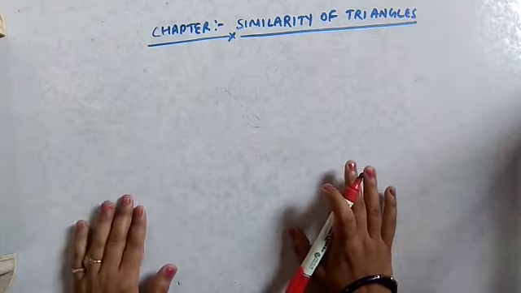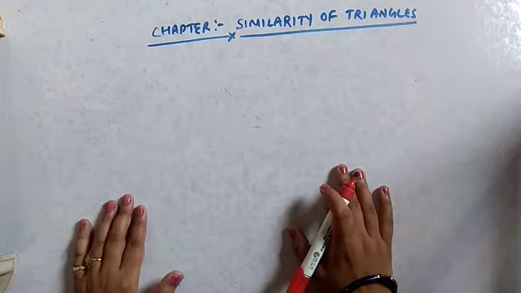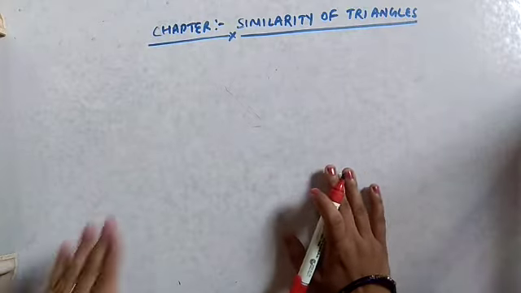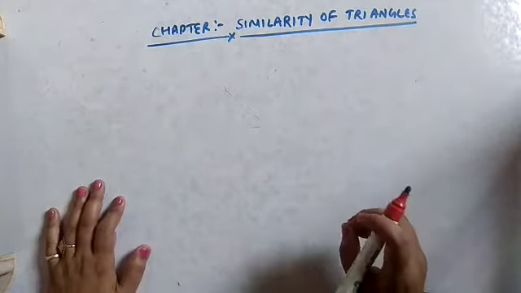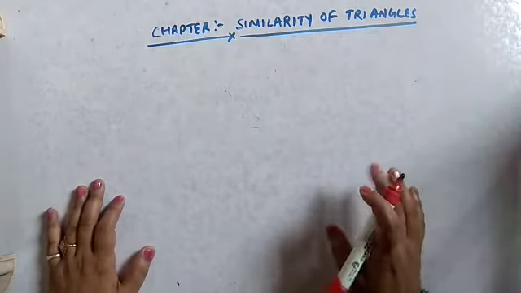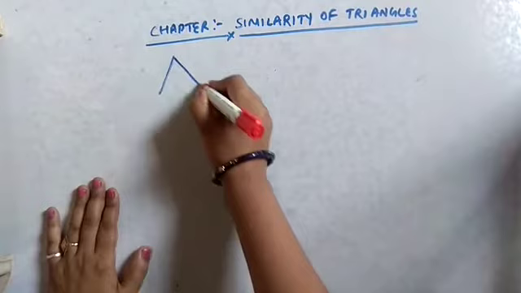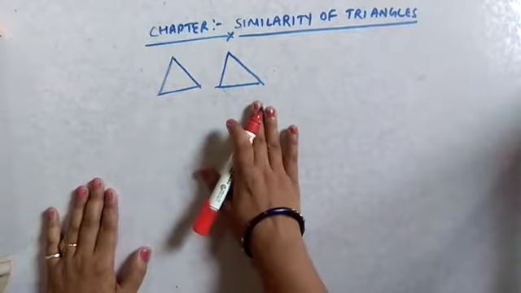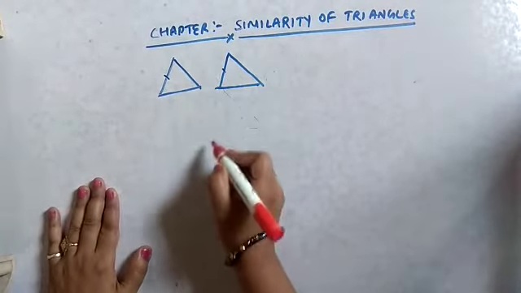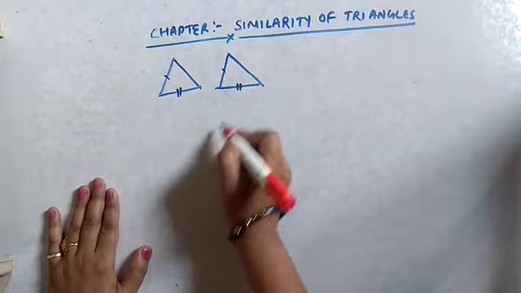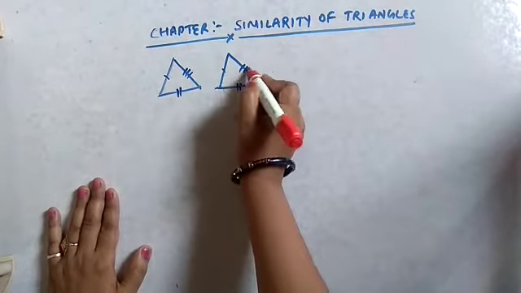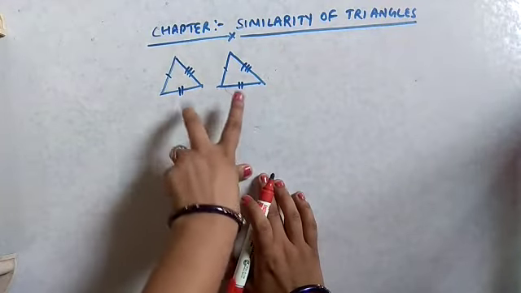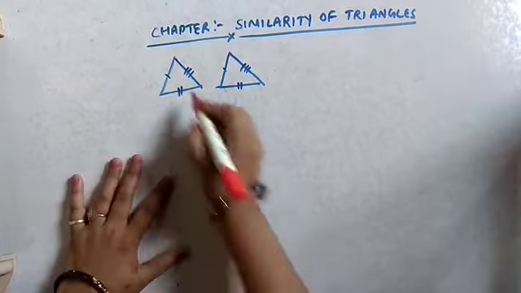So, in earlier classes, we have learnt about the congruent figure. Two geometric figures having the same shape and size are known as congruent figures. This is the general way of identifying congruent figures. If we have two geometrical figures which are the same in shape and size, like if I am taking these two triangles, this side of this triangle is equal to this one, this side is equal to this one, and this side is equal to this one. All three sides of this triangle are equal to all three sides of this triangle. So we will say these two triangles are congruent.